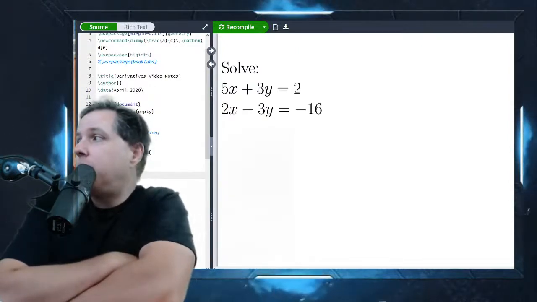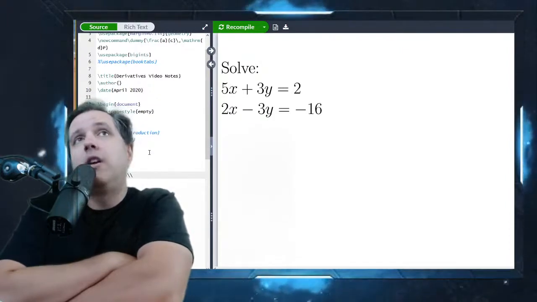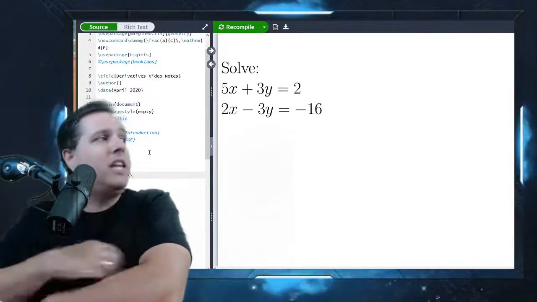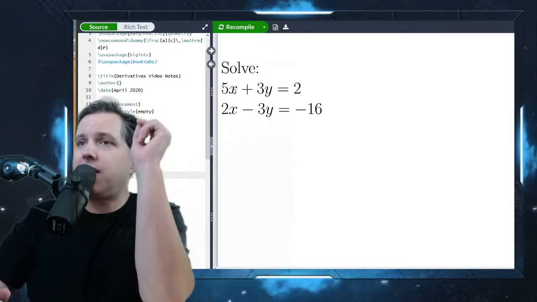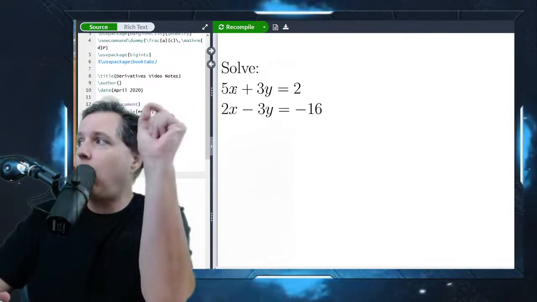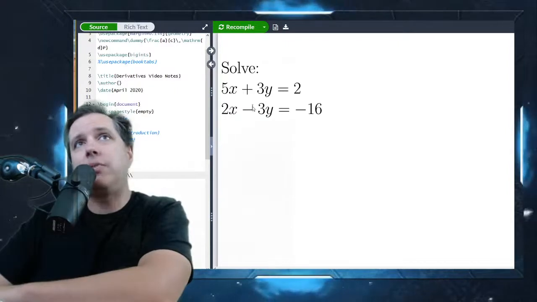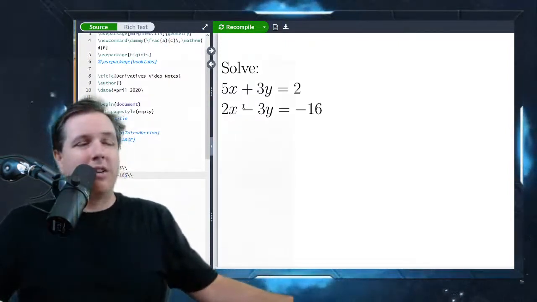Could you use substitution to solve this systems of equations? Yep, you could. But it would be a problem in that if you take any of these variable terms up here and you try to solve for that, remember that was our step in substitution. Solve for one of the variables in one of your equations. Well, any choice you choose up here for variable to solve for,